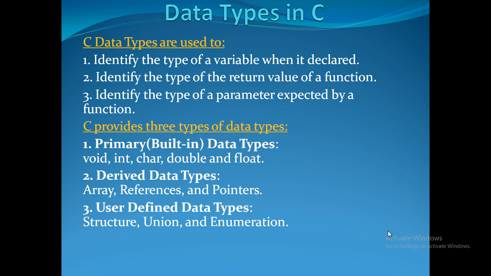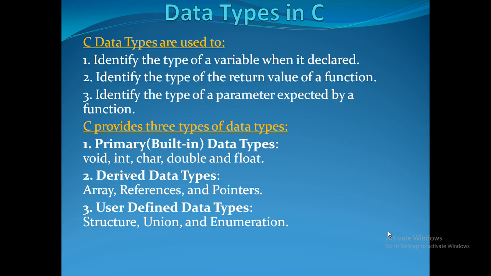Then, identify the type of parameters expected by the function. While segregating the program into small programs, we have to pass values from one function to another, or from the main function to a sub function. At that time we are restricted to pass some specific values, and only then may the other function work. So we have to set the parameters for that. Which type of parameters are getting passed is another important thing, and we have to specifically mention that while writing the program. So identify the type of the parameters expected by a function.